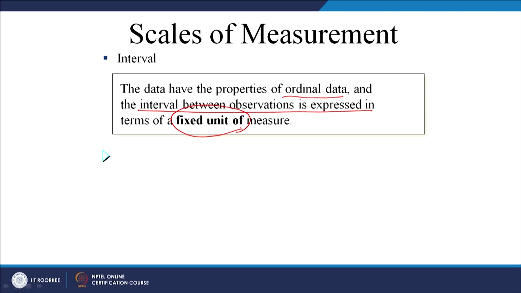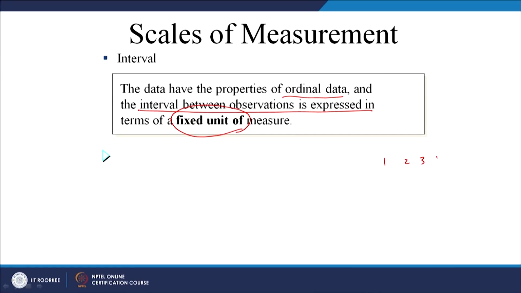So, let us take an example of an interval scale. Let us say you are measuring the attitude of a person towards a new brand of car. So, you can have a scale like this: 1, 2, 3, 4, 5, a Likert scale having 5 categories. If the respondent strongly likes that particular brand of car, he will tick over here. So, strong liking and very little liking, right, or you can put it in terms of whether the fellow strongly agrees or strongly disagrees, right.